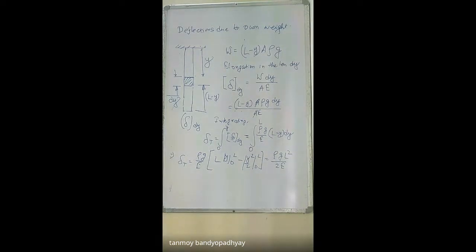We have to prove that P is equal to half W. So in that case, delta will be equal to PL by AE. The P is actually acting horizontally, so we have equated these two, and we have got P applied equal to half of the weight. The first one is vertical loading where the weight of the body is acting, and in the second one a load is being applied. To cause the same deflection, the load applied should be equal to half of the weight of the body. So that is it. Just see if you can understand it, or else I can explain also.